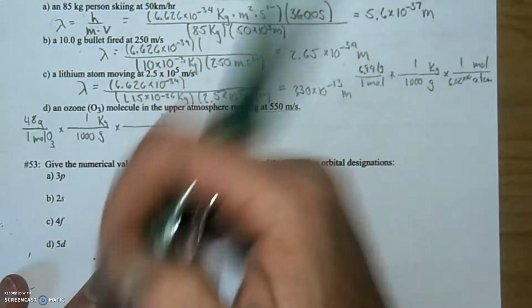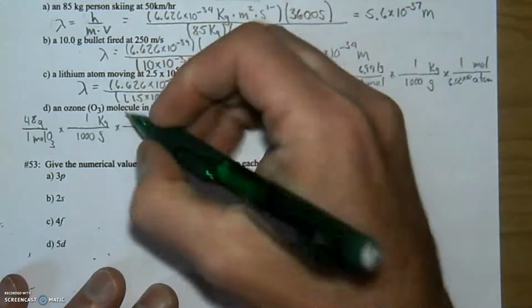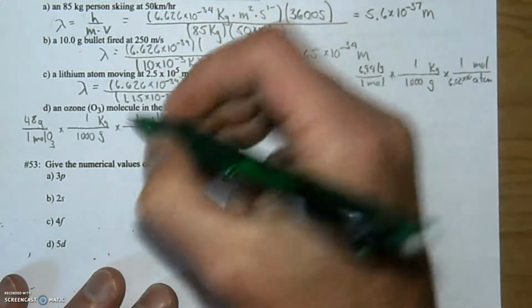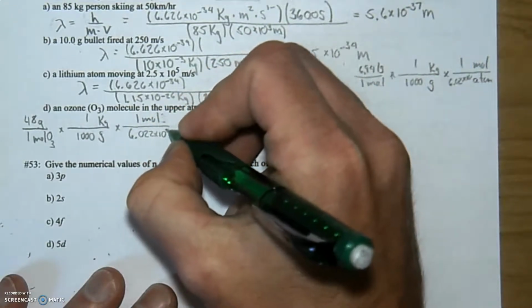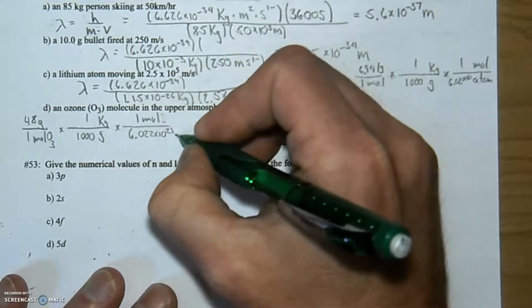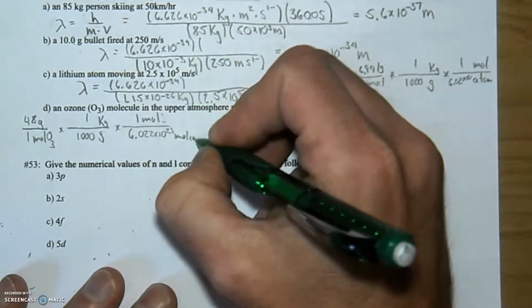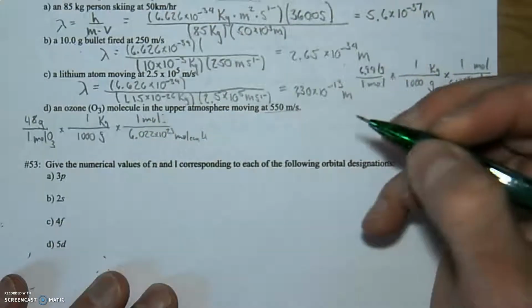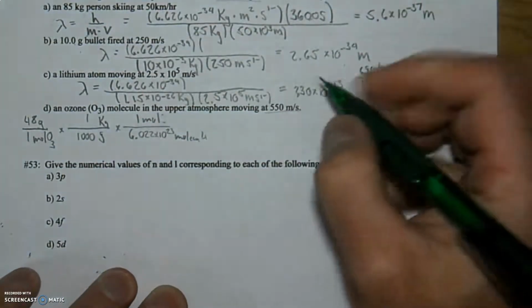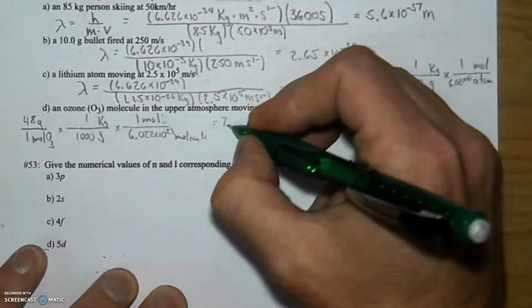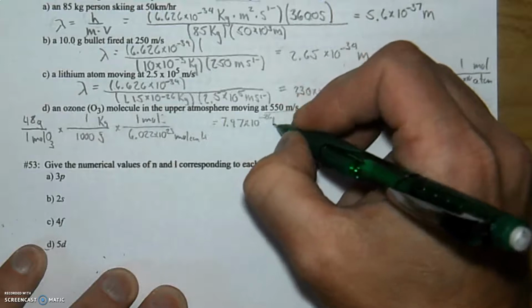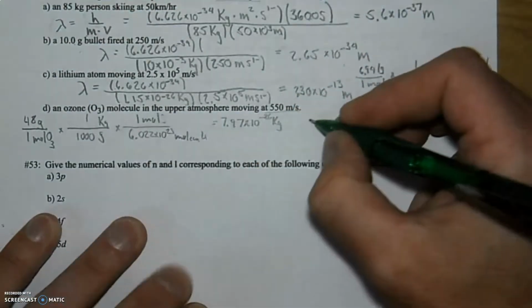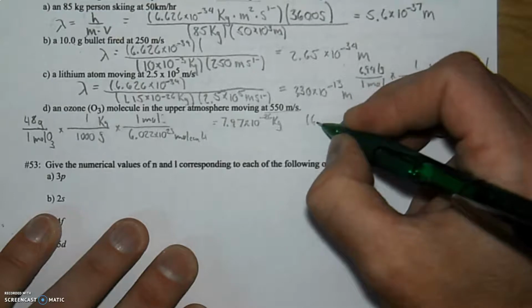So, no, not that one. 1 mole is 6.022 times 10 to the 23rd atoms or molecules. Get that part set up. And that's going to give us 7.97 times 10 to the negative 26 kilograms. And then just like in the previous problems, 6.626